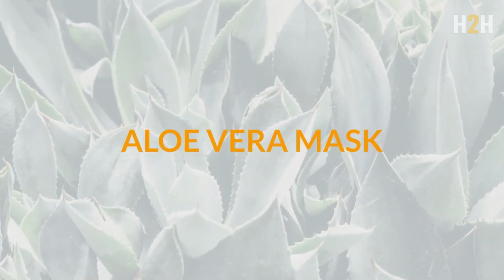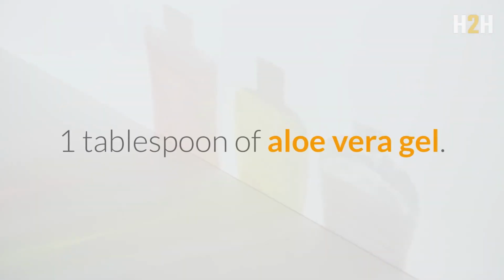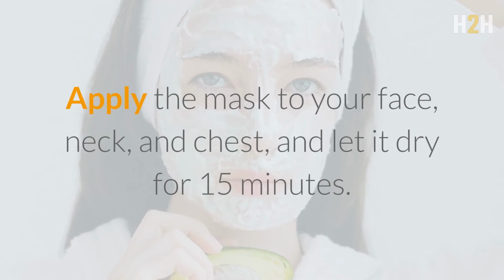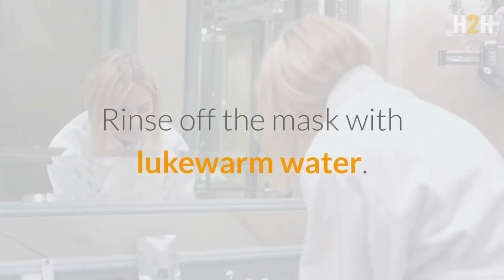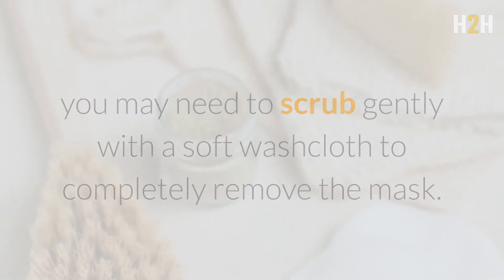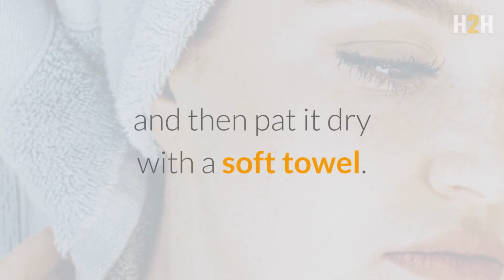Pat your skin dry with a soft, clean towel. Aloe vera mask. To make an aloe vera mask, mix 1 tablespoon of aloe vera gel, 1 tablespoon of mayonnaise, 1 tablespoon of honey. Apply the mask to your face, neck, and chest, and let it dry for 15 minutes. Rinse off the mask with lukewarm water. Because of the honey in this recipe, you may need to scrub gently with a soft washcloth to completely remove the mask. Finally, rinse your skin one more time with cool water, and then pat it dry with a soft